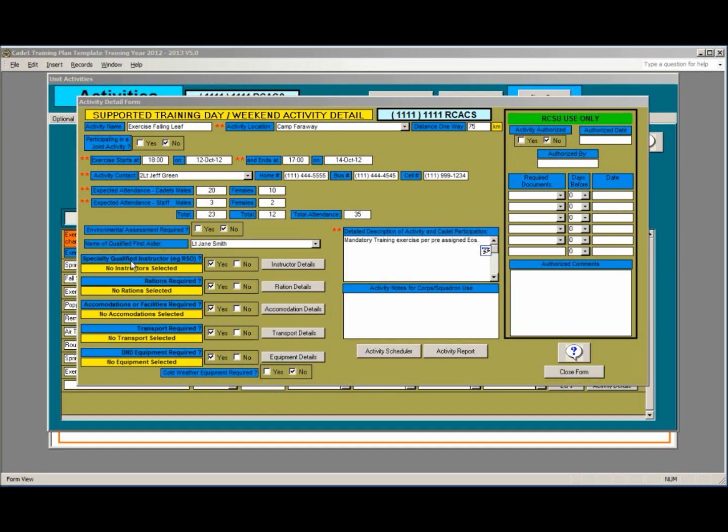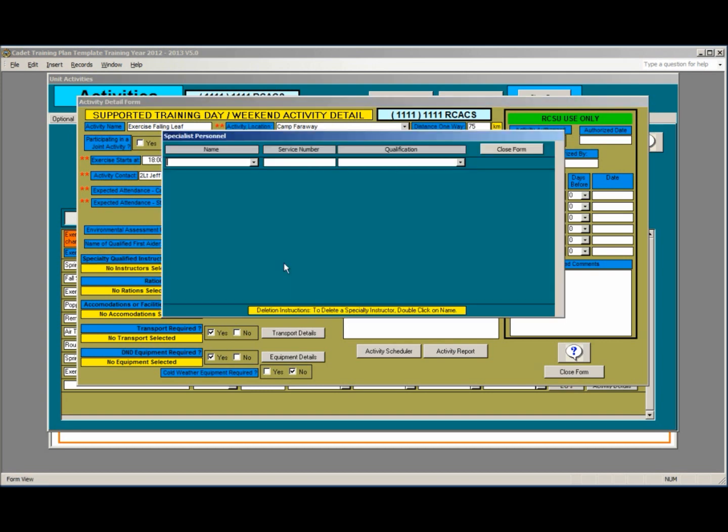We're going to start with a specialty qualified instructor if that applies to your activity. The defaults for these buttons right here are yes. If it doesn't apply, simply click no, and that disappears. But just to demonstrate here, if we say yes and then we go into instructor details, pick the instructor who will be having the specialist qualification,